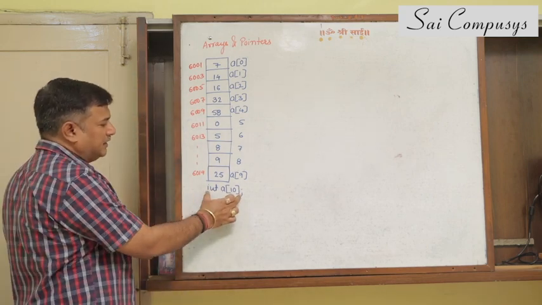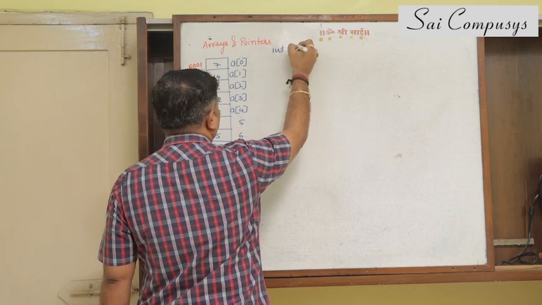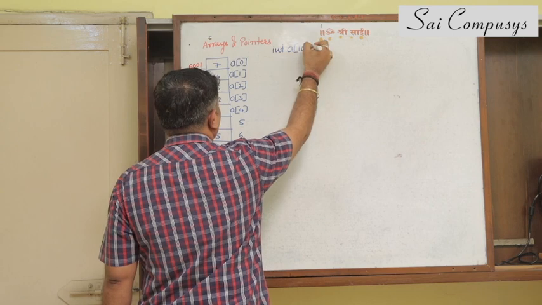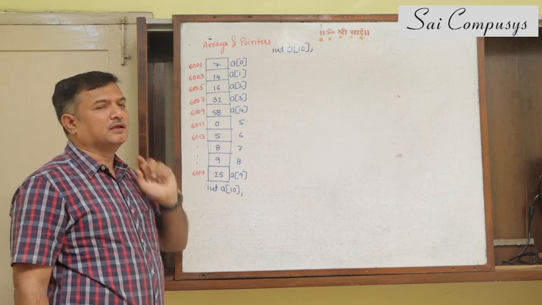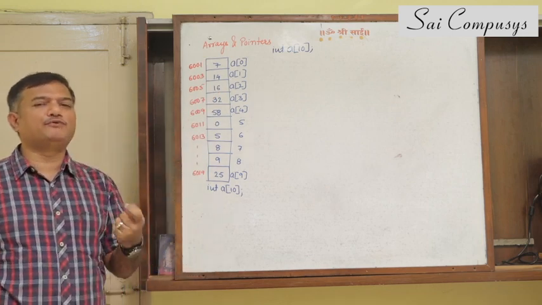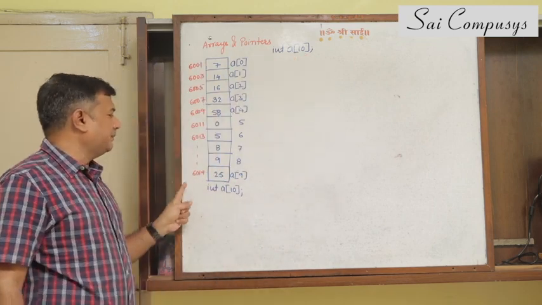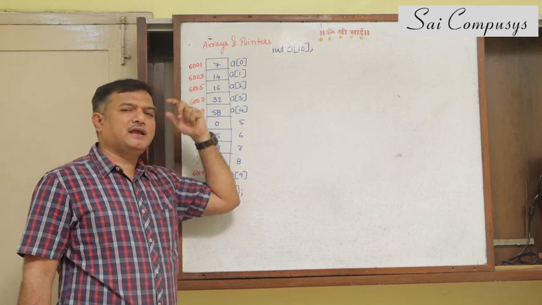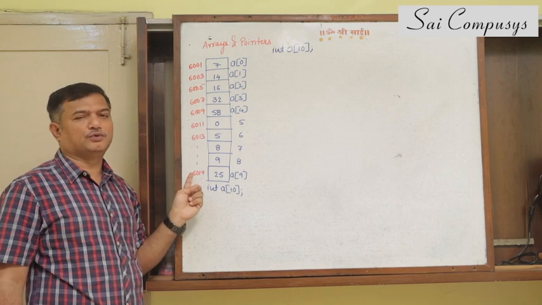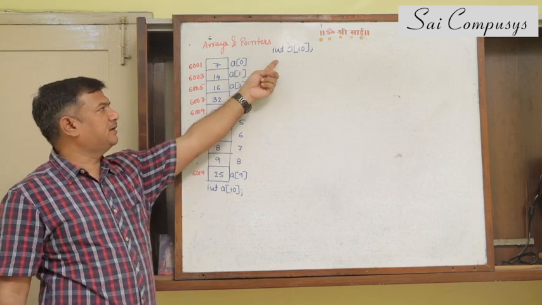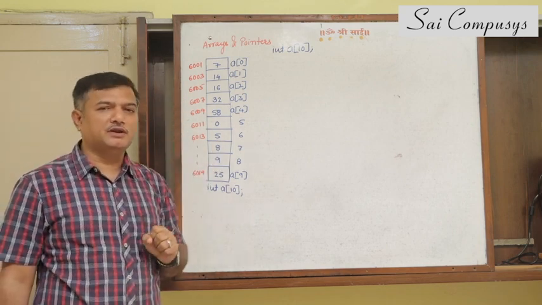Now when I define this int a of 10, somewhere in the memory, 20 bytes are reserved for this array. Depending upon the compiler, it may also be 40 bytes, but somewhere in the memory, 20 bytes are reserved for this array. It may get created at any location. Just for the sake of example, I have taken some addresses for you. This is the array that got created because of int a of 10. 20 bytes were reserved for this array in the memory.